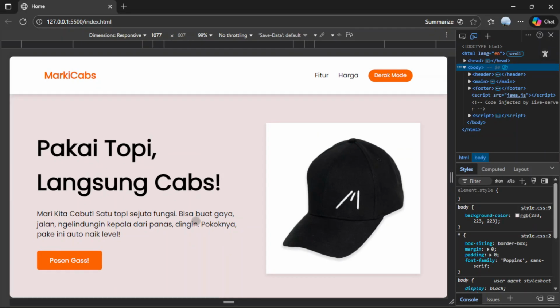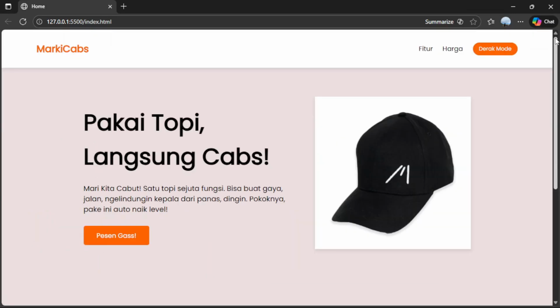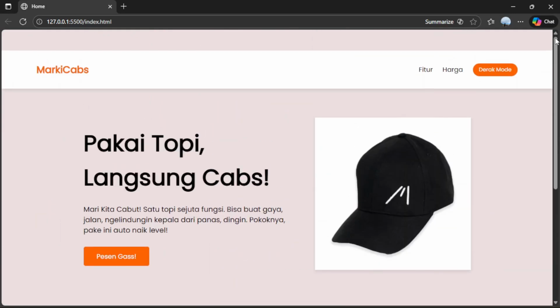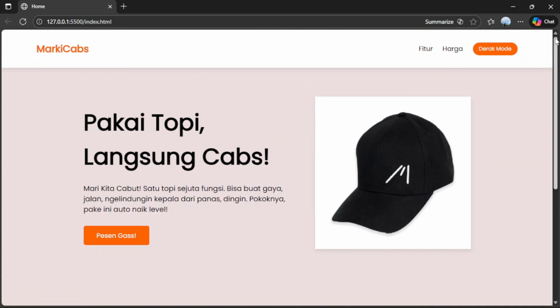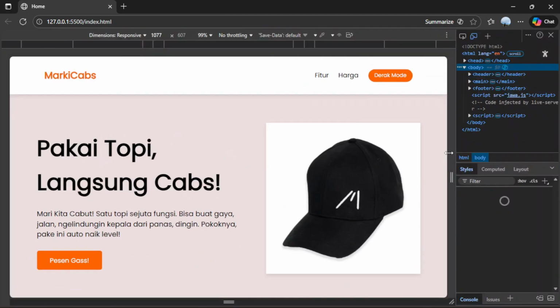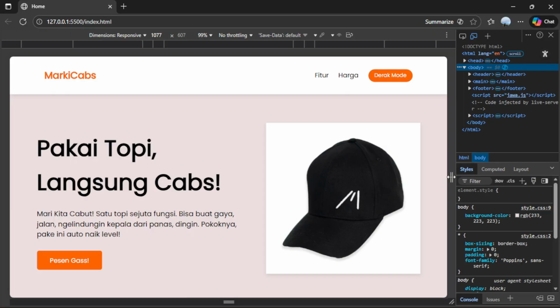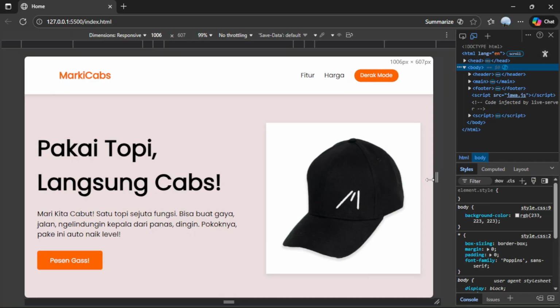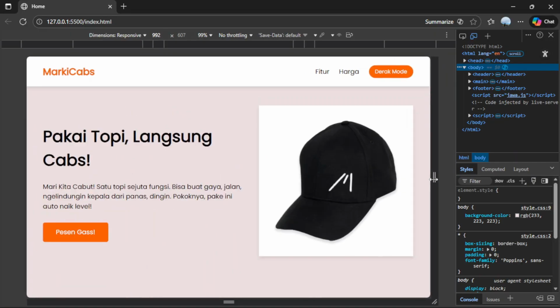The first we will see how this website can adapt into various screen sizes. This is for normal desktop size like this. Okay, you can pay attention. And then if we adjust the size into a tablet size, it will be like this.